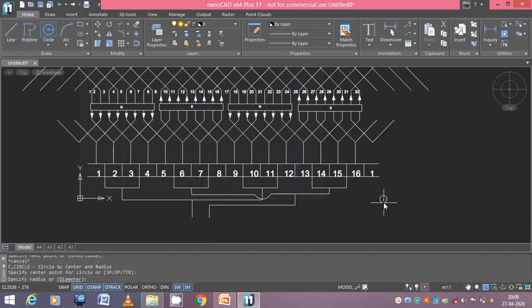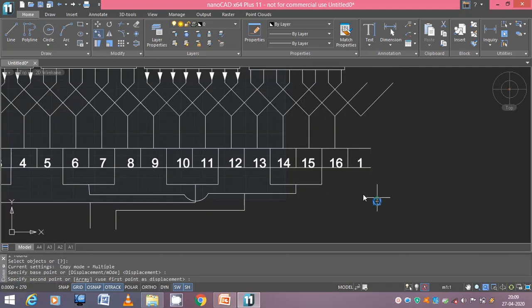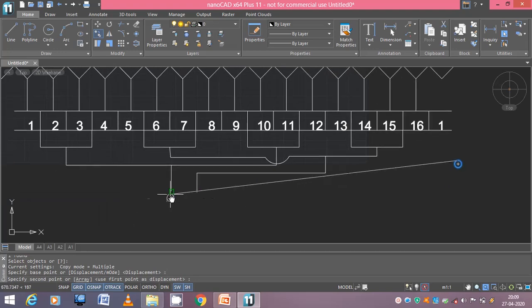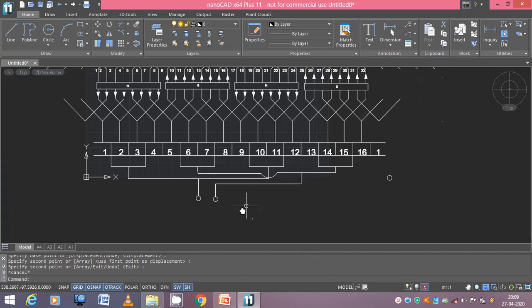Draw one small circle somewhere here, and copy. Go for Context. This is positive. This is positive.